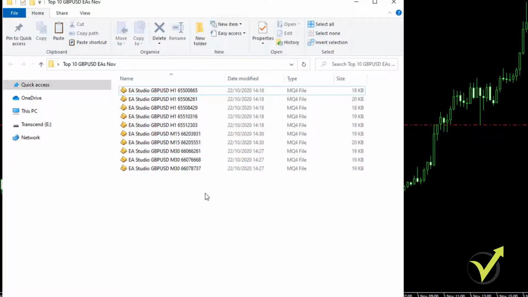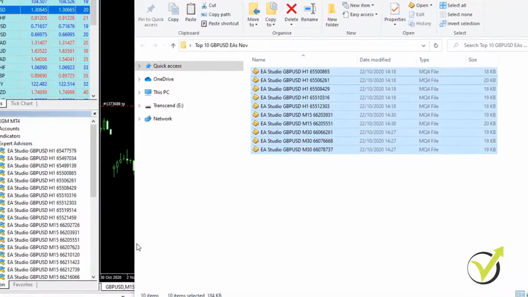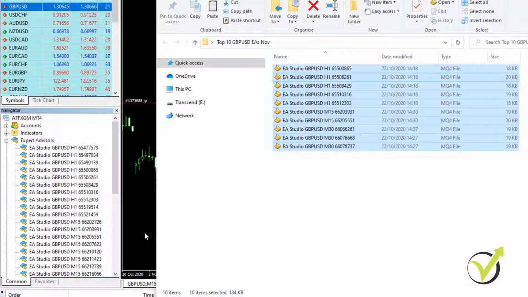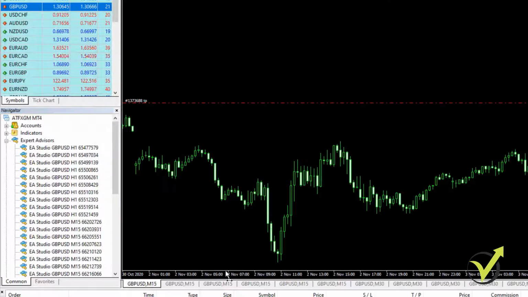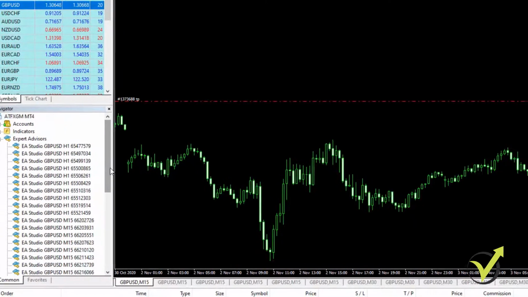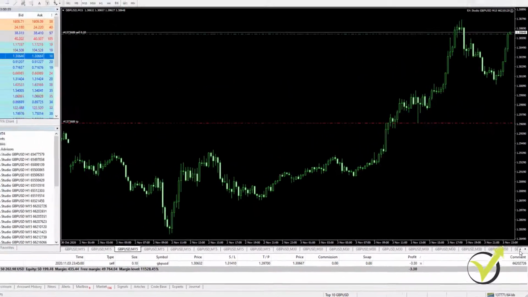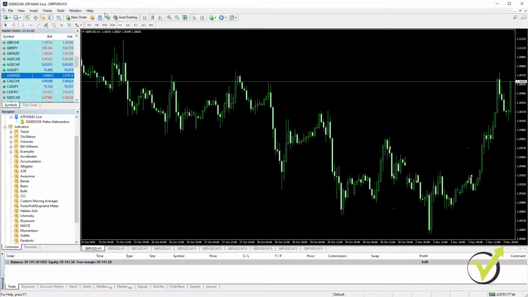And now what I will do is simply copy these expert advisors and open my other platform. So one more time, I have one platform where I test all the expert advisors on a demo account. In this case I have selected 30 expert advisors and I've been testing them on 30 different charts, as you saw. And I have installed one more ATFX platform where I have my live trading account and where I will place now these 10 expert advisors.